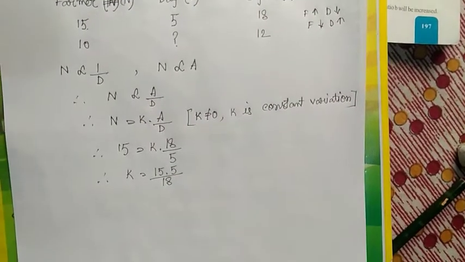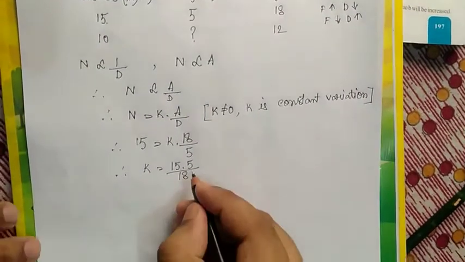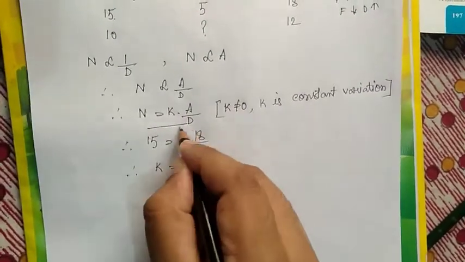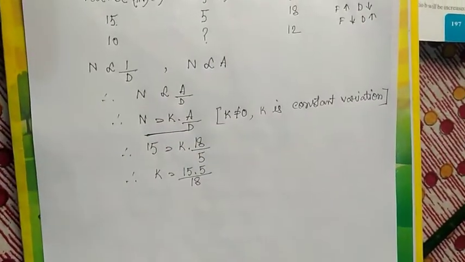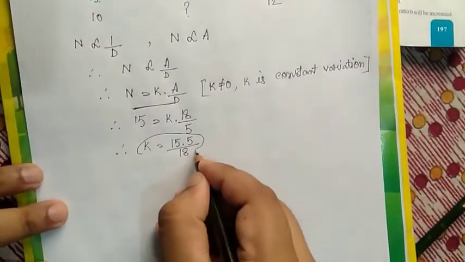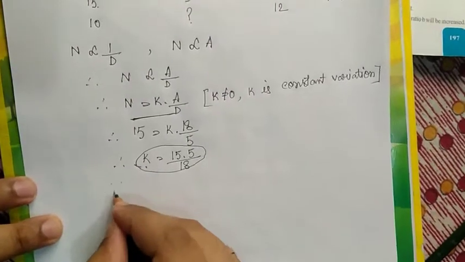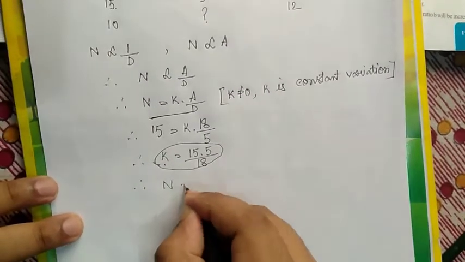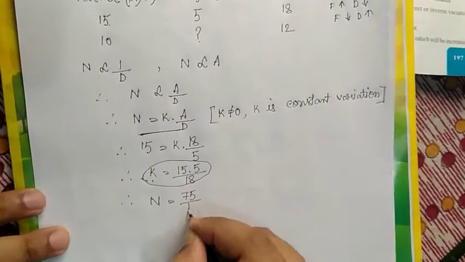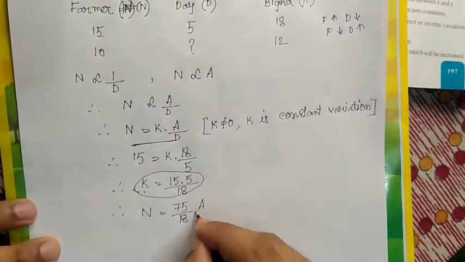This is the value of k. After finding the value of k, we write this equation putting the value of k. We can write that n equals 15 into 5, 75 by 18, A by D. This is